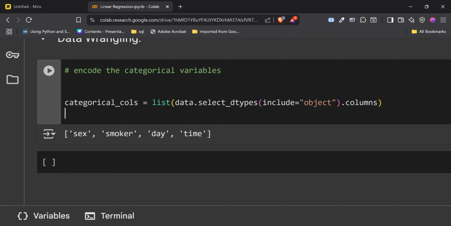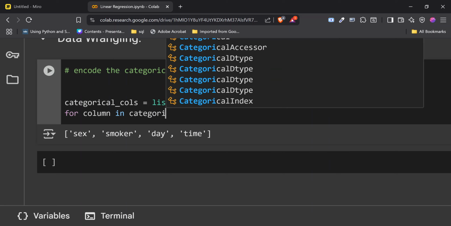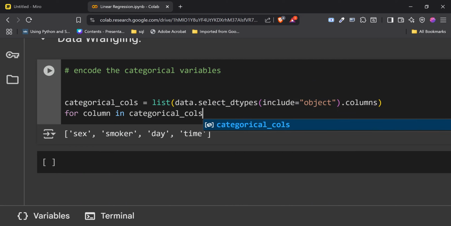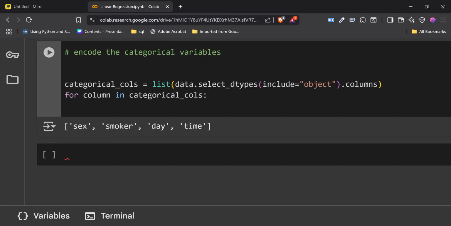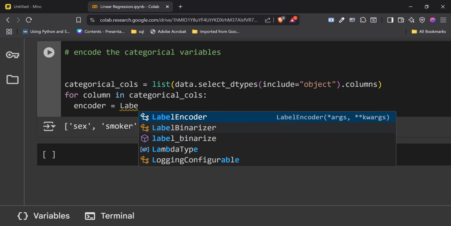So we can loop through that. We can say for column in categorical_cols. What we are going to do is start encoding each one after the other. So we are going to initialize the encoder. We're going to say encoder equals that stuff that we wanted to use earlier.